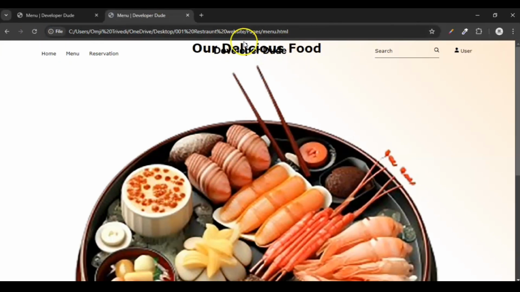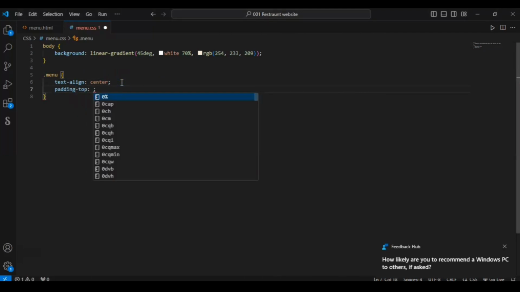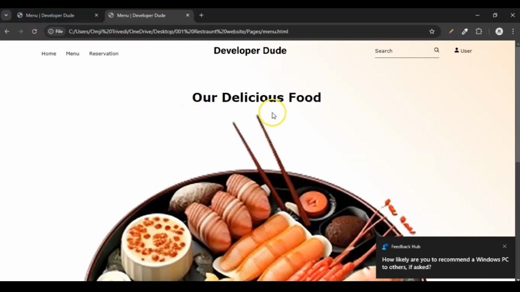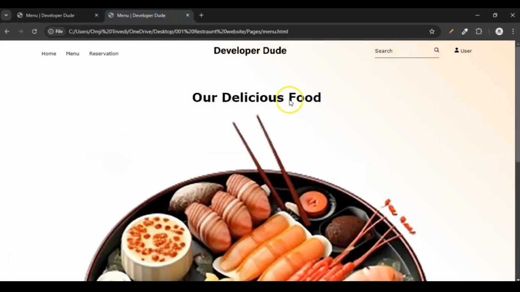So here our heading is in the center, but it is on top of our logo, so we have to bring it down. To do that, here, padding-top 130 pixels. Okay, refresh it. So here it is, our delicious food. See, same as before. The font is not similar,